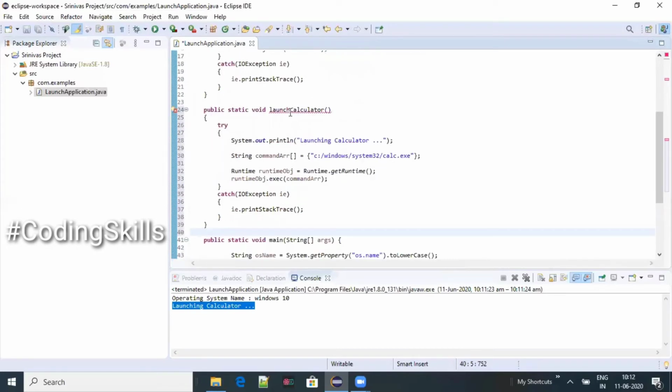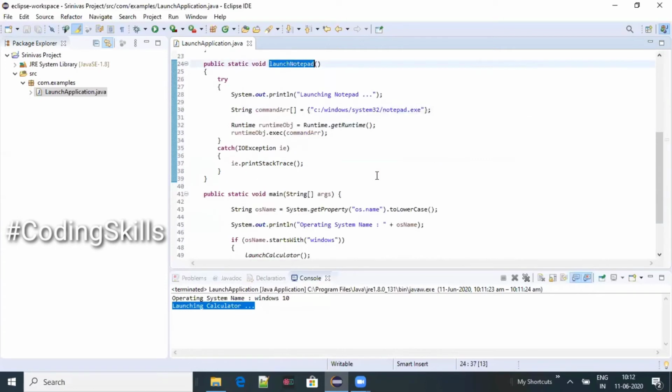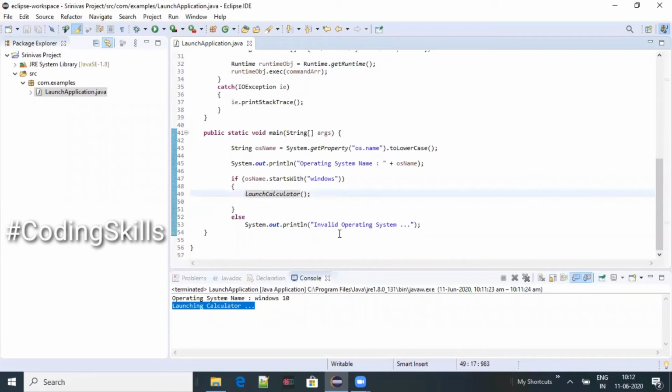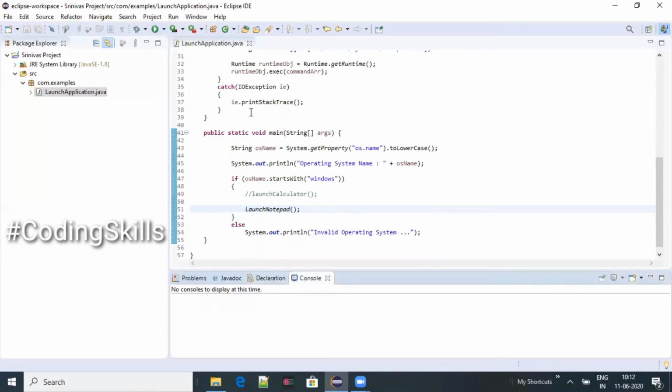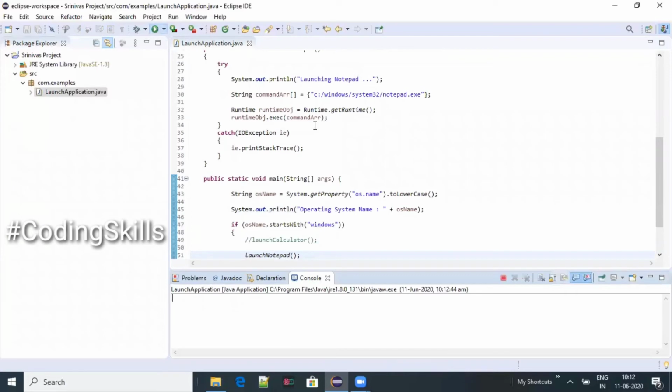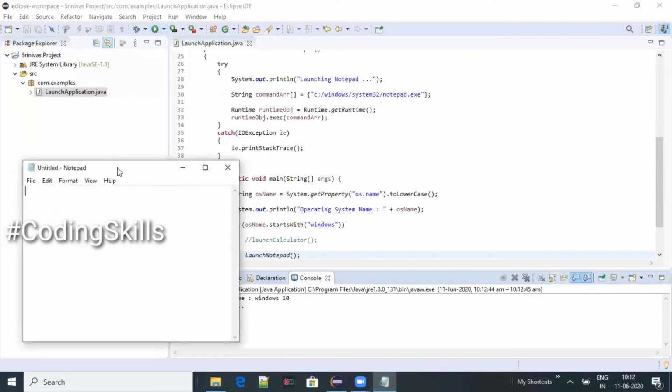Now we are going to invoke launch Notepad, updating the message launching Notepad. We'll also change the path of the Notepad. So it is also in the C Windows System32 and exe file name is notepad.exe. So rest everything is same. So we'll copy the method and comment the old method invocation, and we'll be pasting the launch Notepad inside it. Executing the program. Now we should see that Notepad application should be open. You can see the console and also Notepad is open.